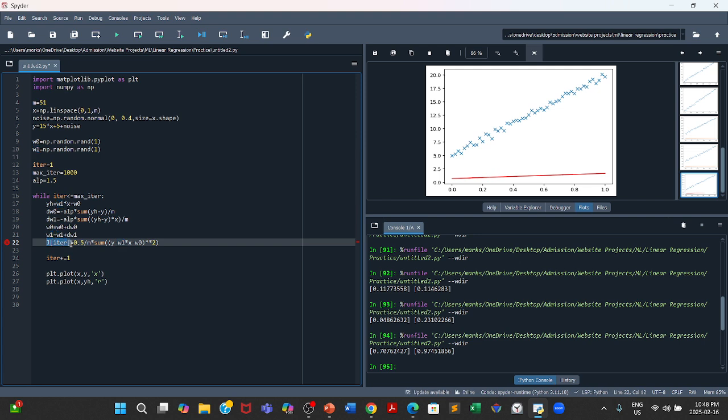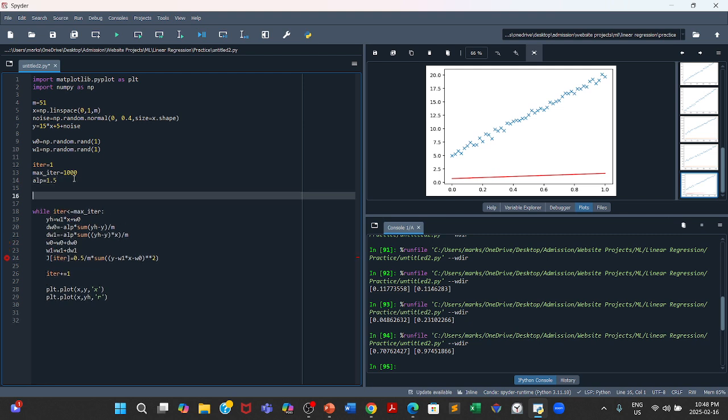So J is the cost function. It's basically an array. We are defining it as an array that holds all the values of costs, or all the values of loss that are calculated in each of the iterations. So if there are, say, 1,000 iterations running, there will be 1,000 elements inside J at max. So that's why we'll have to first define J